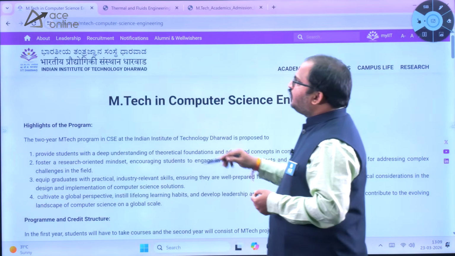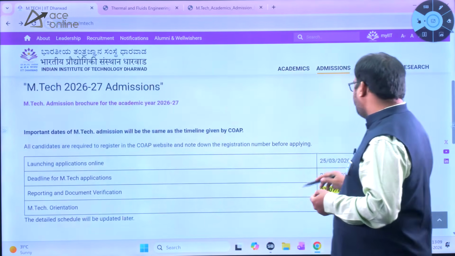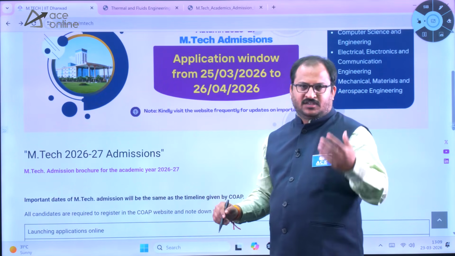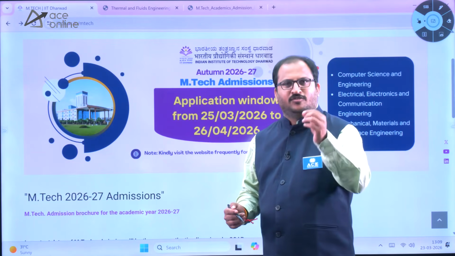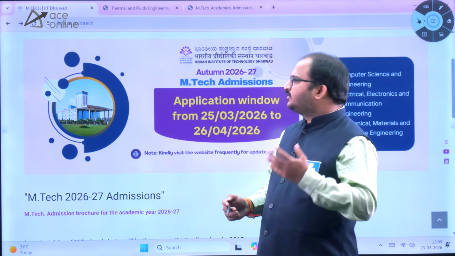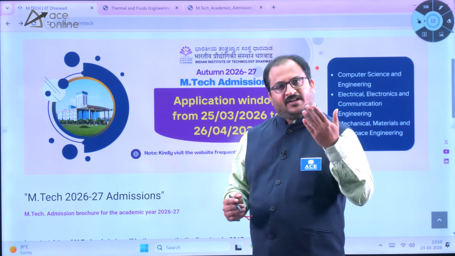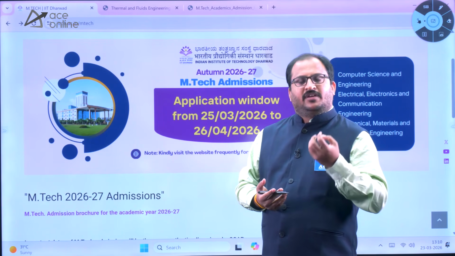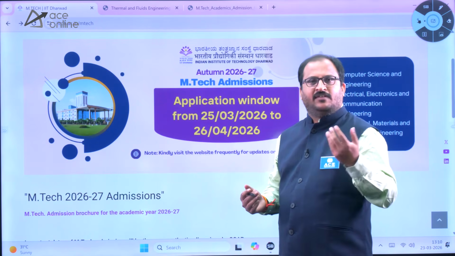Now, as of now, the application form is not yet open because it will be open on 25th March 2026. I am not able to show you how to register for this portal, but you can easily register, dear students. Always try to maintain a separate email ID so that you will have proper information from these IITs regarding the admission process and everything. And moreover, try to check the spam mails also so that you do not miss any information that is sent by these IITs when you have applied.